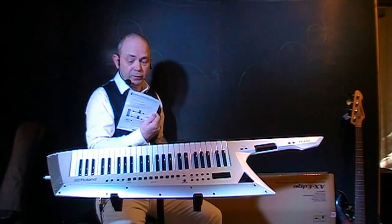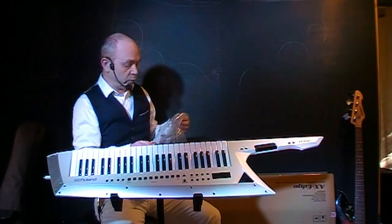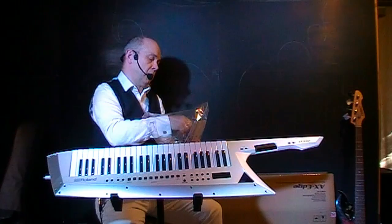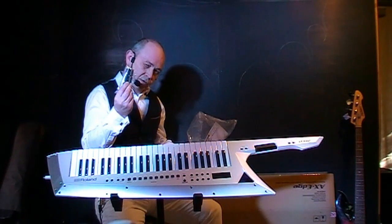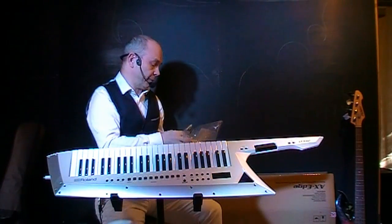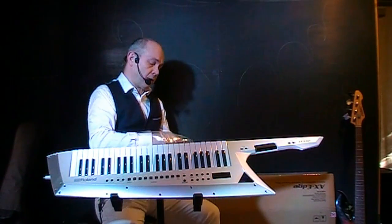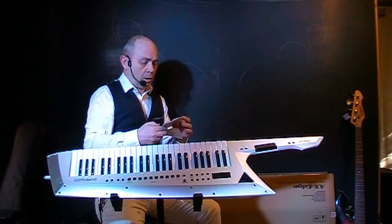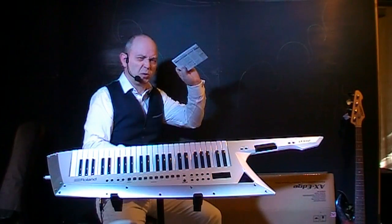A little leaflet here about if you're going to use the device with MIDI cables, because if you use it with MIDI cables, these provide these little things here which suppress noise basically, and you put these on the MIDI cables. Also in the bag one of these little readme things, using it safely,